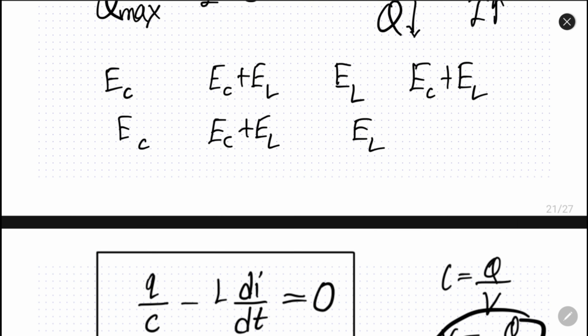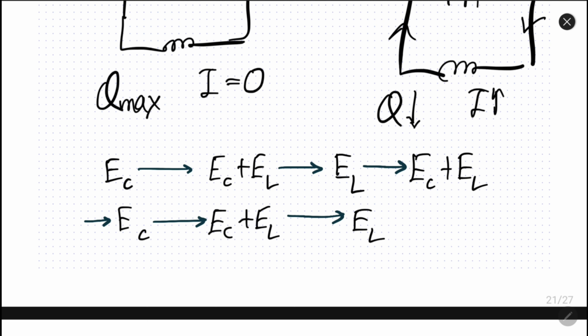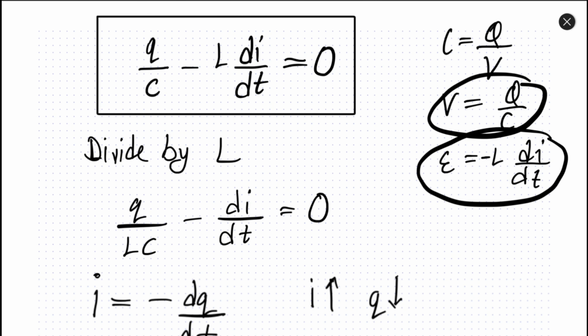So if you see here, what is happening is that energy is first in the capacitor, then energy is transmitted to the inductor, so the energy is in both inductor and capacitor. Then energy is completely transferred to the inductor, then gradually the inductor transmits the energy to the capacitor, and the capacitor achieves its maximum value. Then the capacitor gives the energy to the inductor, and after a certain time the inductor achieves its maximum value of energy. So this is oscillation. What is oscillating? The electric energy is oscillating between the capacitor and the inductor.